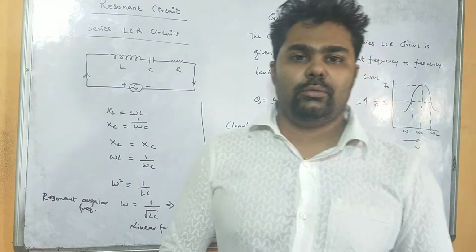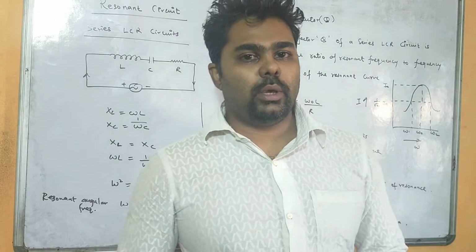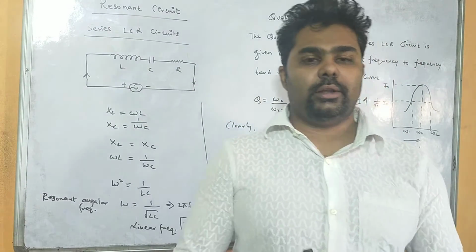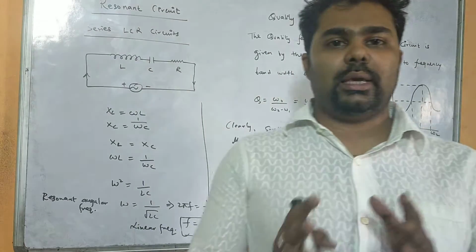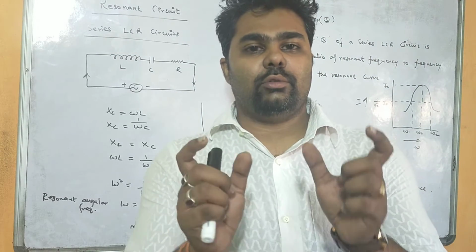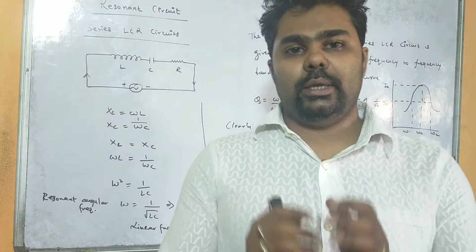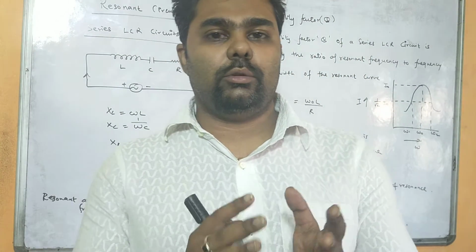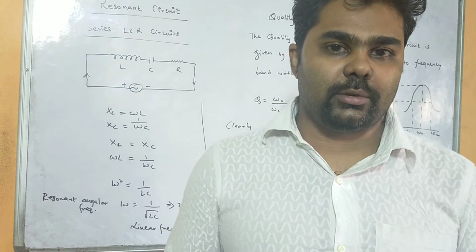So this is the continuation video on the same chapter, that is AC circuit. In my previous class we came across the LCR circuit and the resonance condition. In resonance condition we have seen that when capacitive reactance becomes equal to inductive reactance, this resonance condition takes place. Now when this resonance condition takes place, the impedance becomes very minimum, that is equal to R. Now the circuit behaves like a pure resistive circuit, right?